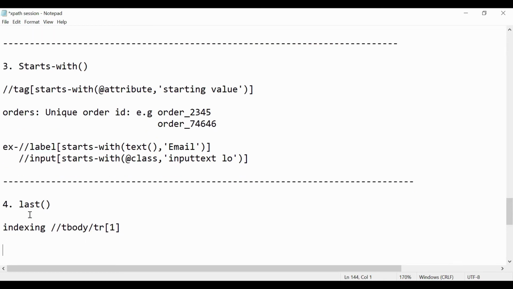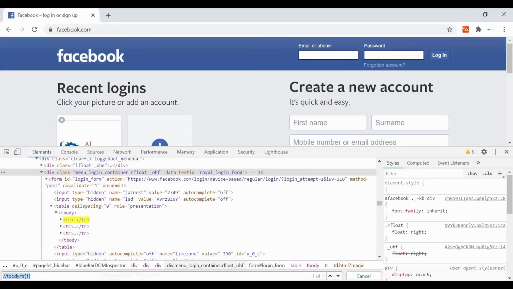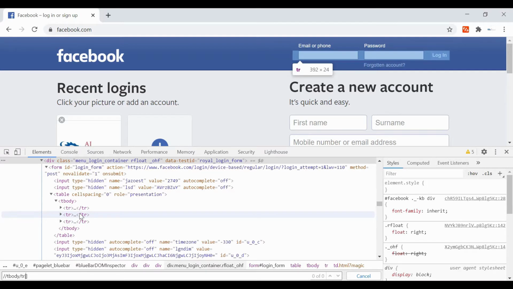Now where the last function will be useful, let's say here after tbody, without indexing, if you want to go to the last child directly. For example, for this table, let's say there are 50 rows available, meaning 50 children. Without using the 50th index, you can go directly to the last one by using this last function.